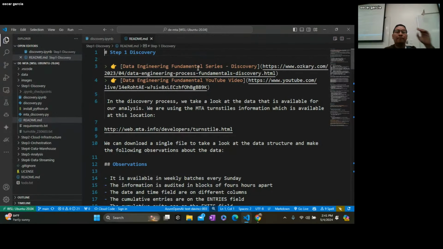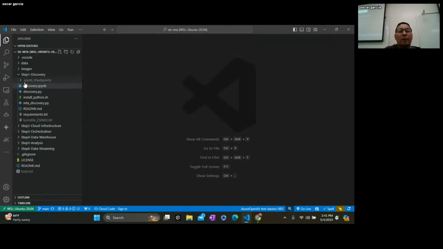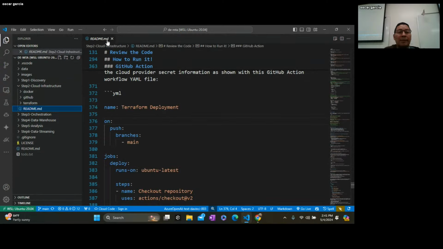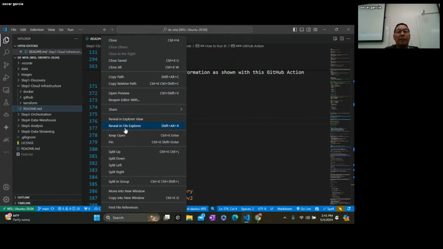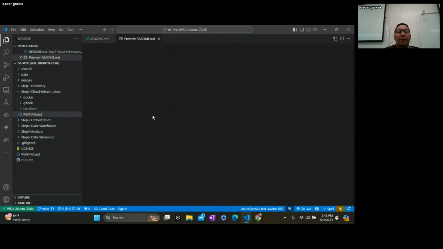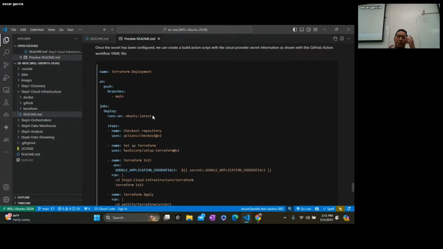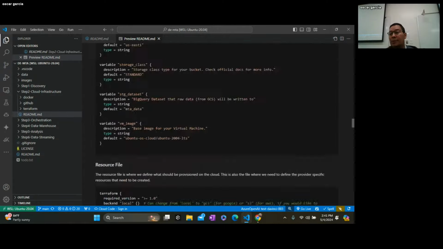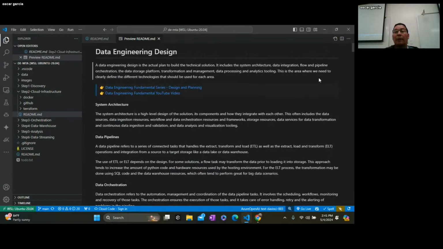So this is part of your cloud infrastructure process, right? The same thing here. You will look at the README file, and this gives you this. This is one of those areas that a lot of people will try to stay away from, because it involves a lot of things, right? For example, I'm not going to go through the entire thing here, but this tells you, okay, we're defining